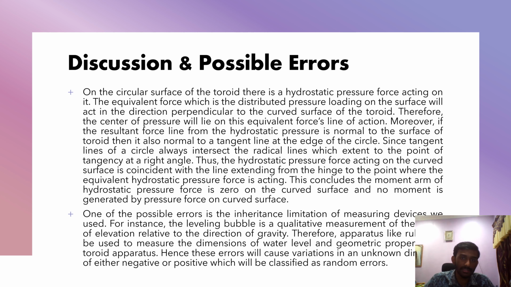Next, we can see the possible errors in this experiment. One of the possible errors is the inherent limitation of the measuring device. We used, for instance, the leveling bubble, which is a qualitative measurement of the angle of elevation relative to the direction of gravity. Therefore, apparatus like a ruler will be used to measure the dimension of the water level and geometric properties of the toroid apparatus. Hence, these errors will cause variation in an unknown direction of either negative or positive, which will be classified as